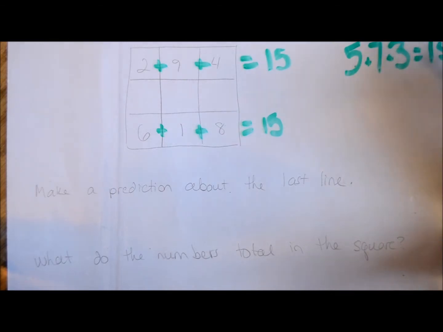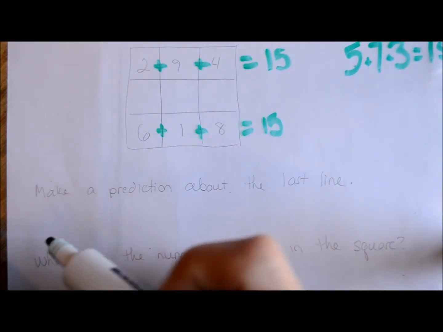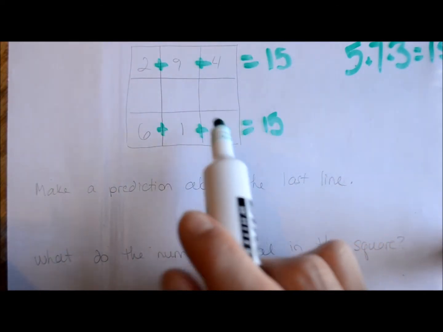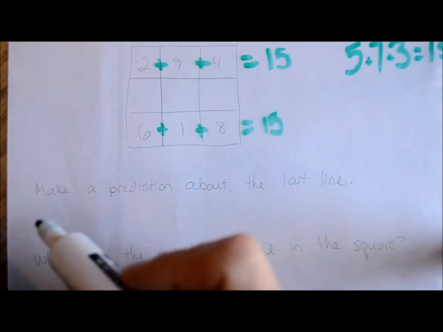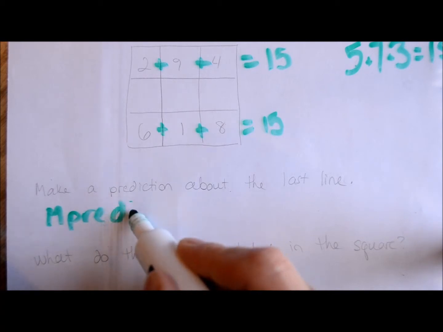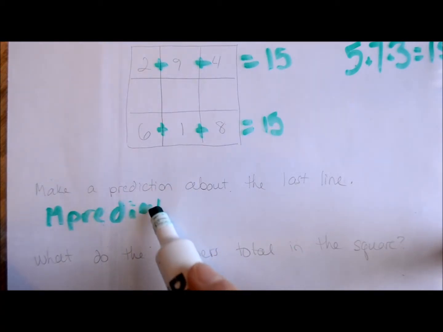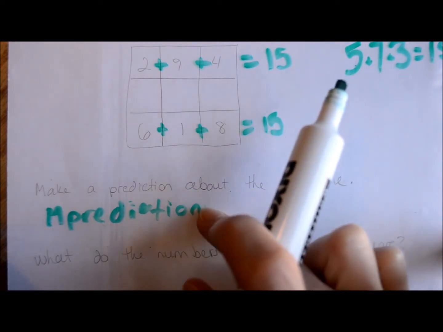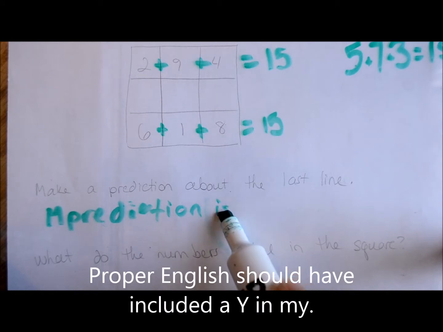However, they also have to add up to 15 up and down. So we've figured out what our missing numbers are. I'm going to make a prediction about the last line. My prediction is going to be that since the top line and the bottom line equaled 15, the middle line is also going to equal 15. So my prediction, and we always use full sentences. Oops, except we also use proper English. My prediction is that